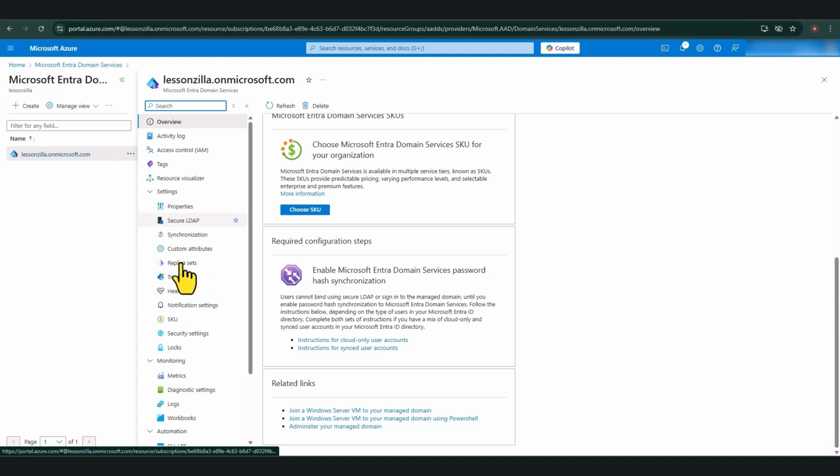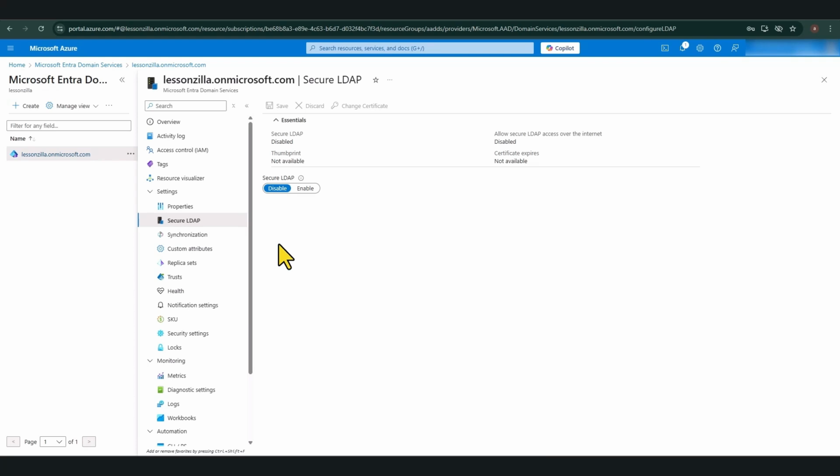Now, I just want to show you this option here, Secure LDAP. Now, it's disabled by default, but if you need to enable secure LDAP, you can enable it over here as well. If you need LDAP access over the internet, which is the only reason why you would need to enable secure LDAP technically, if you've got a site-to-site VPN, your LDAP traffic is encrypted anyway, so you do not need to implement secure LDAP. But if you need connectivity to your managed domain in Azure over the public internet, LDAP traffic is not encrypted. Therefore, you need to encrypt it using